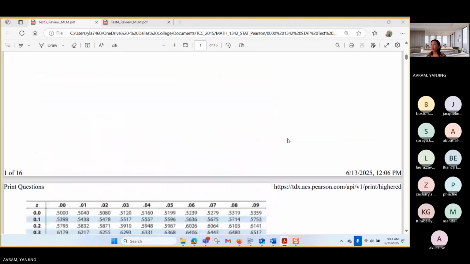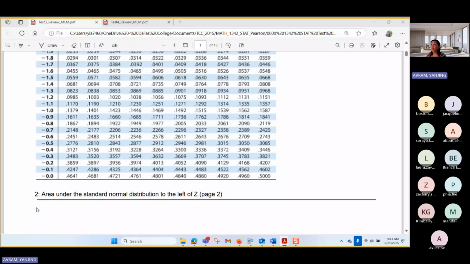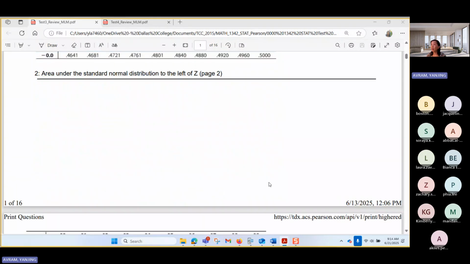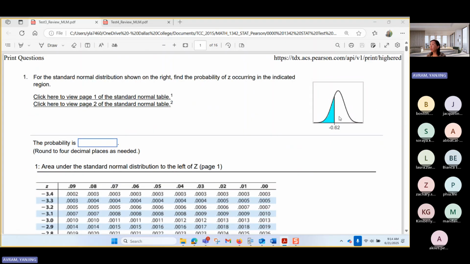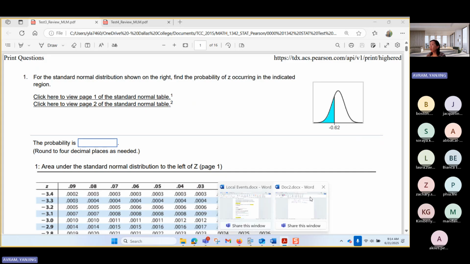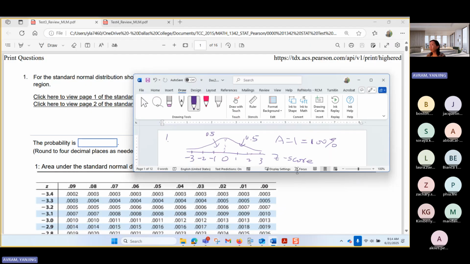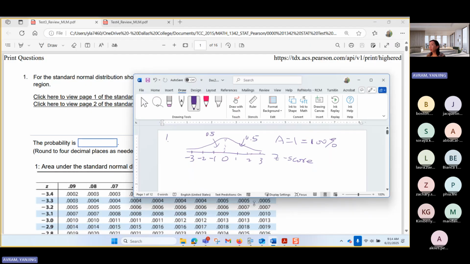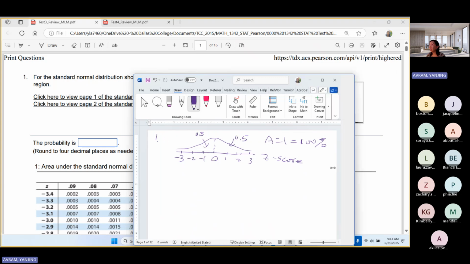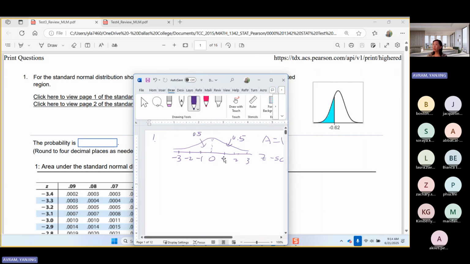And if you want to read the table, it gives the area under the standard normal distribution to the left. So if I want to find this area, this white one, not the green one, to the right, what do I do? Every time you read a table, it is always the area to the left, and if you want to find an area to the right, you subtract from 100%. So the first one, we have this area to the left, which is